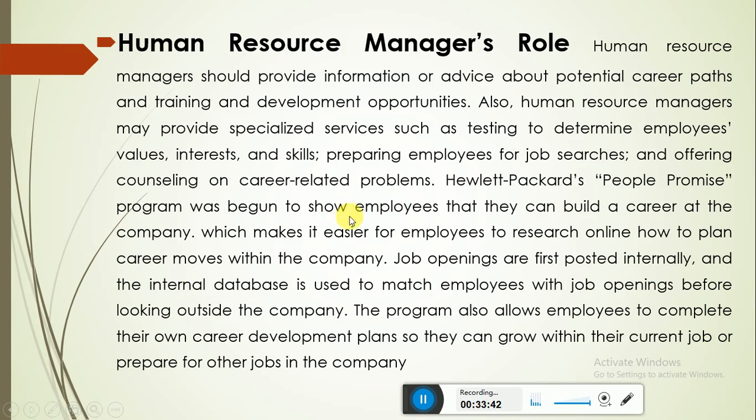They're looking for certain jobs inside the company. For example, if they need a branch manager, they look inside the company, they post it there, and anyone interested can apply. Later on, if no one is interested, they can post it outside. Then they will recruit a person from outside the company. So that's the job of human resource, giving a first choice to their own employees,